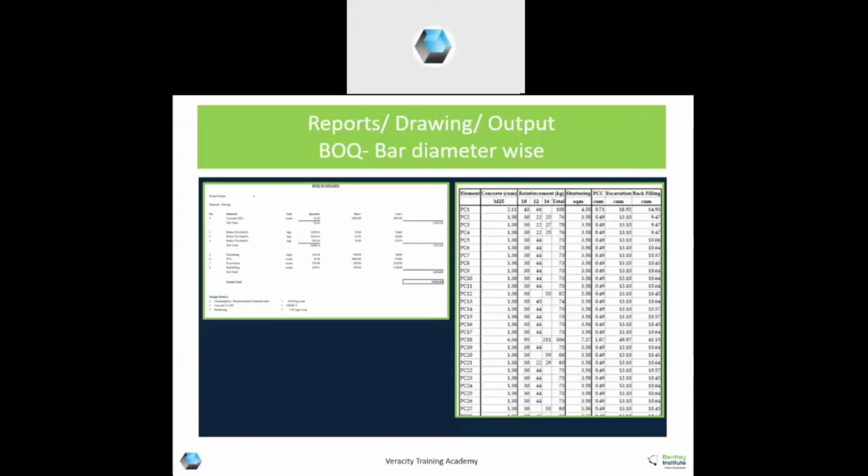Sometimes we need diameter wise quantity for procurement, and type wise quantity is always required for estimation or tender purposes. So both are available, and all these reports can be taken into an Excel sheet, directly copied, or if you want it in text format, it can also be exported in text format.